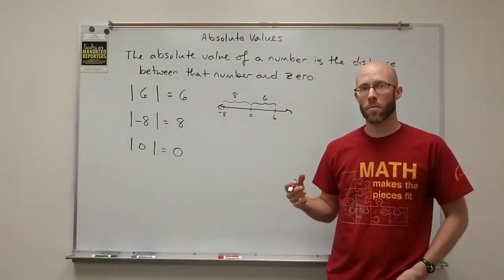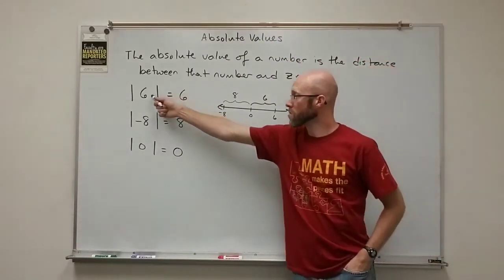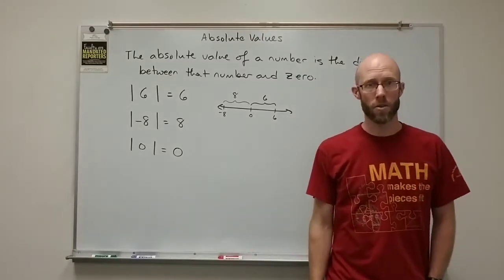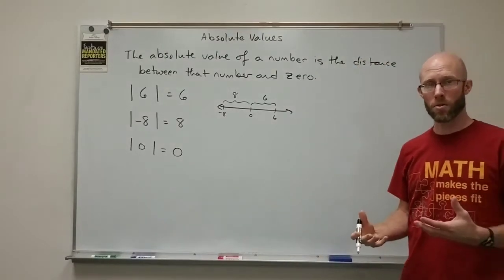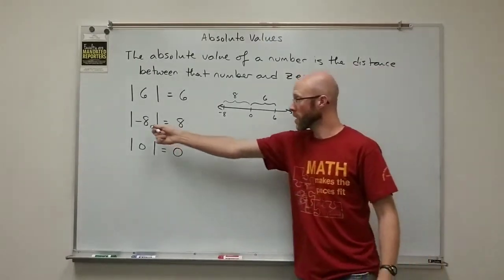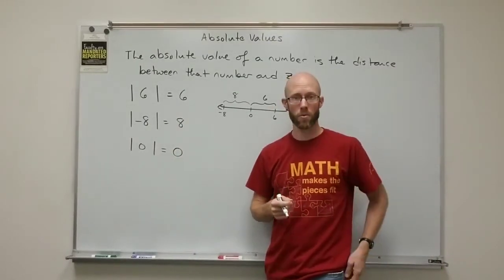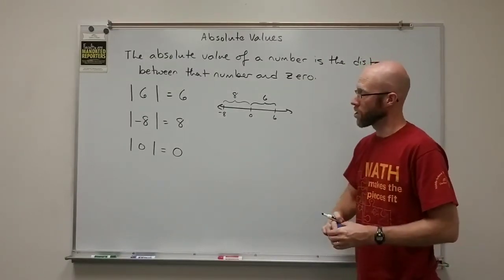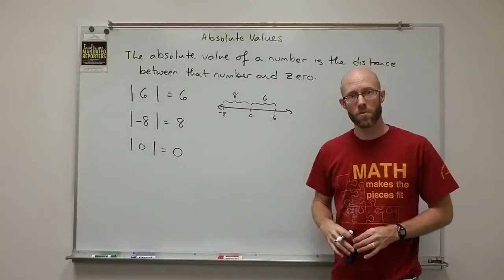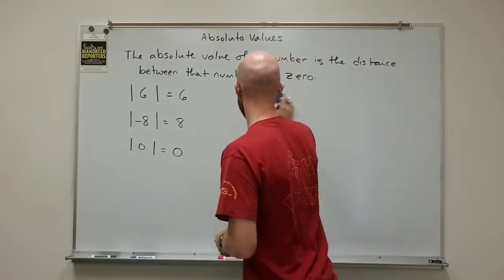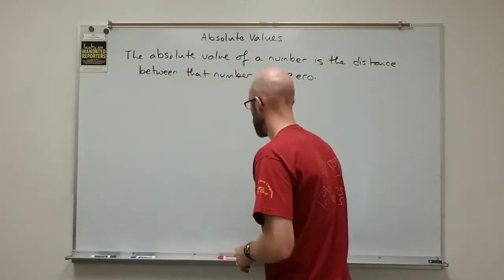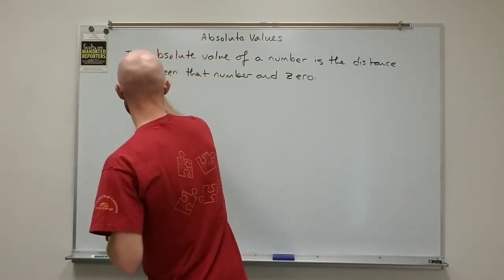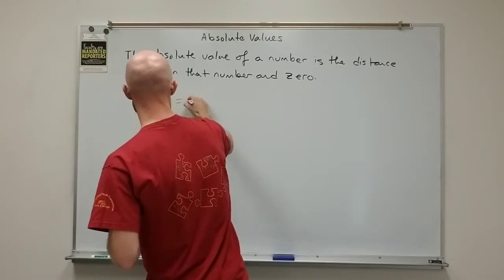A couple things to point out. Absolute values are always either positive or 0. You can never have a negative value as the output of an absolute value, okay? You can have negatives going in, but you cannot have negatives coming out. We can also use variables inside of absolute values. And so we could just put an x in there, something like the absolute value of x is equal to